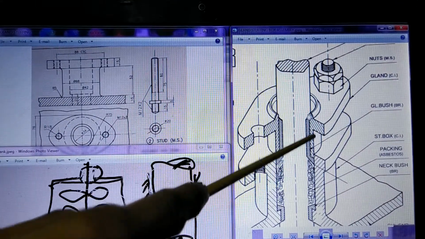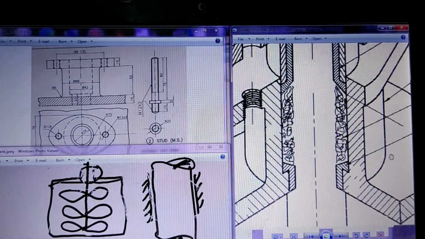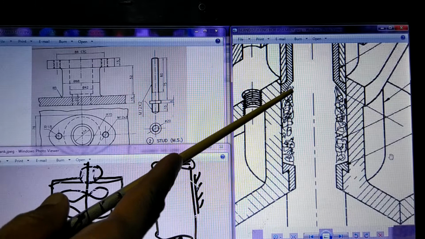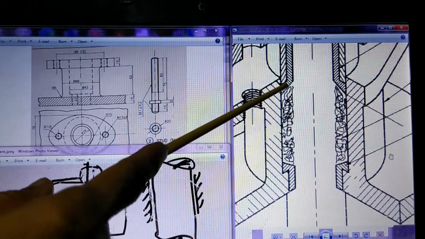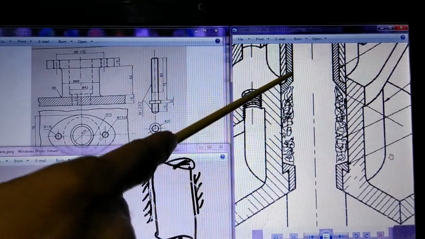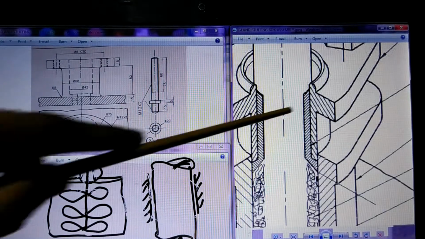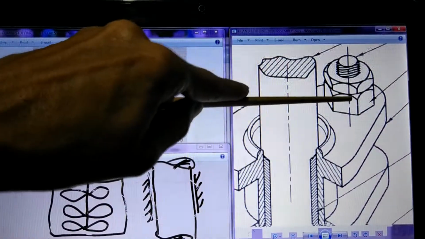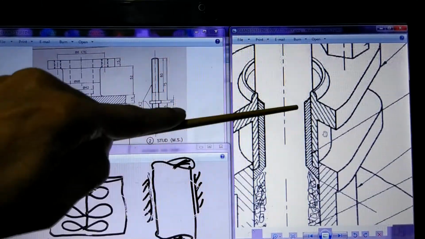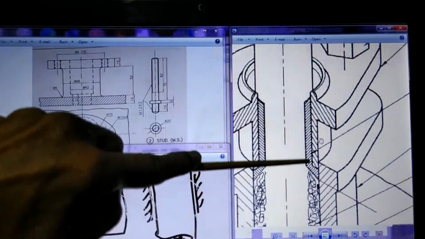Now what happens when the gland is pushed down? See here the arrangement, how it is shown. You will see that there is a shaft here. Then on the outside of this shaft there is one bush here, and another bush fitted to the other part. These two parts can come close to each other if you rotate this nut. So imagine that this part is going to go down when you rotate this nut. When this part goes down, the bush fitted in this part, that means both these parts, will together go down.